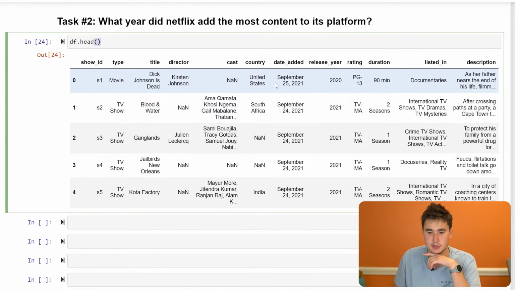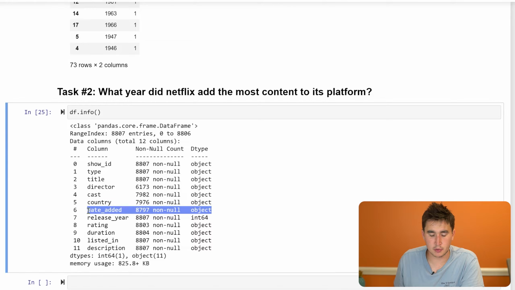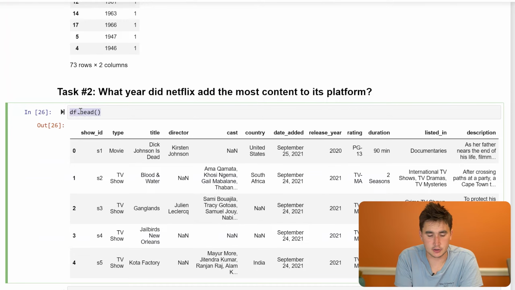To get this year specifically, whenever we're working with dates, I really recommend converting the column to a datetime column. So if we do df.info right now, we're going to see that date_added is an object type, but what we want is specifically a datetime type object. So to do that, we are going to do df, and I'm going to call this new_date just because I don't want to accidentally erase the old column. It's going to be equal to